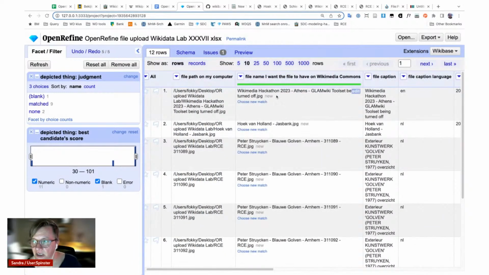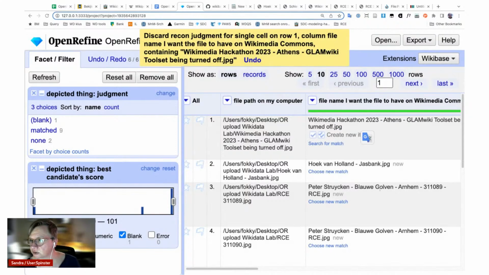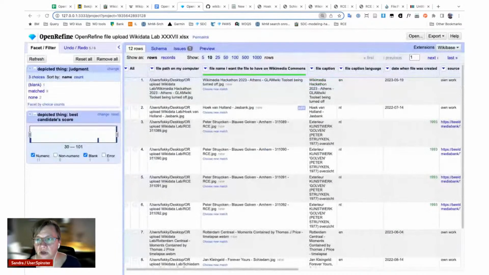And it also has a little, I will make it a little bit bigger, new indicator here. For people who have used OpenRefine before with Wikidata, it looks exactly the same. It will say, oh, I need to create a new Wikidata item for this person. And then it will also have the new indicator behind the name. Oh, I did something wrong here, undo. Okay, let me make this smaller again. So these are the basic steps I need to do to prepare my data before I even start